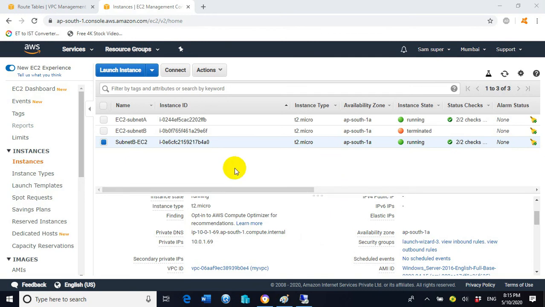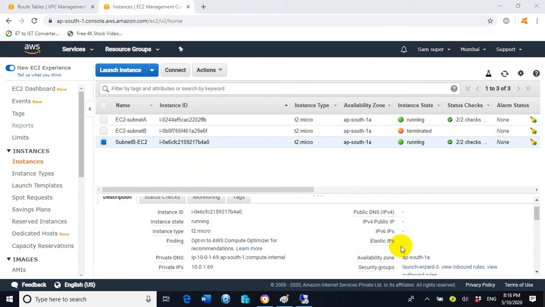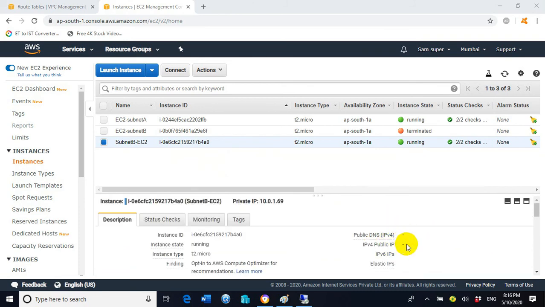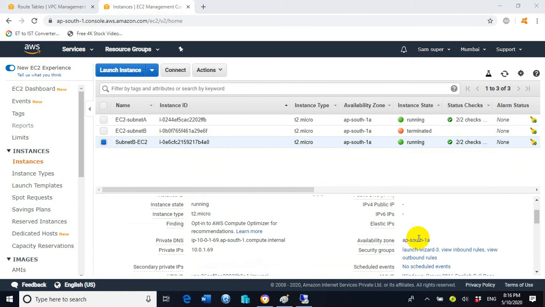Now we can see here the EC2 instance which is located inside the subnet B, with the name subnet B-EC2, has been deployed successfully, and the status has changed to 2 by 2 checks. It is a green tick. So this is a good system and it is ready to use and access. Now here you can see the public IP address. The public IPv4 address is not available for the subnet B EC2 instance.